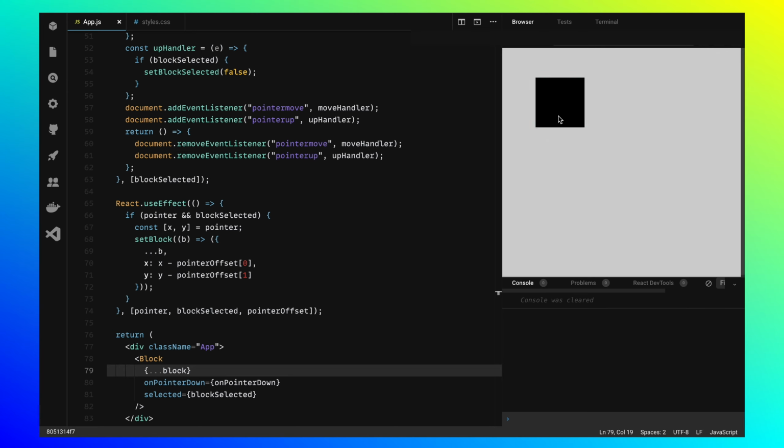Hello, have you ever tried building kind of an editor experience, a movable object on a canvas? Basically any UI editor, whatever it is, has an ability to move an object. So that's what we are gonna do today. It's a fun little task, but also an interesting one, because building such UI behavior can be tricky if you don't know how to do it. There is a bunch of edge cases.